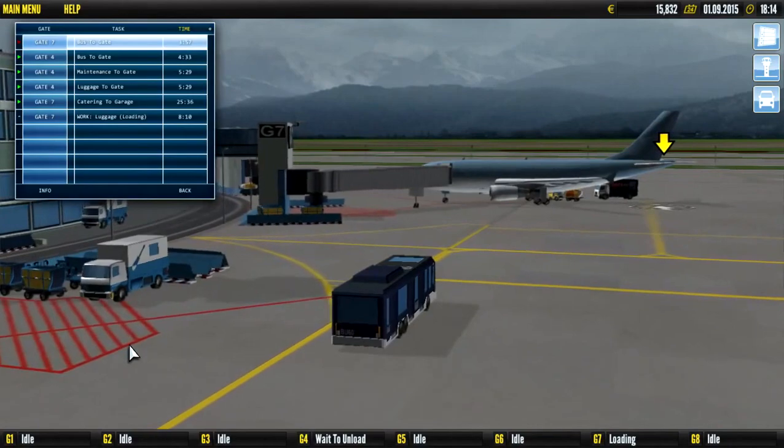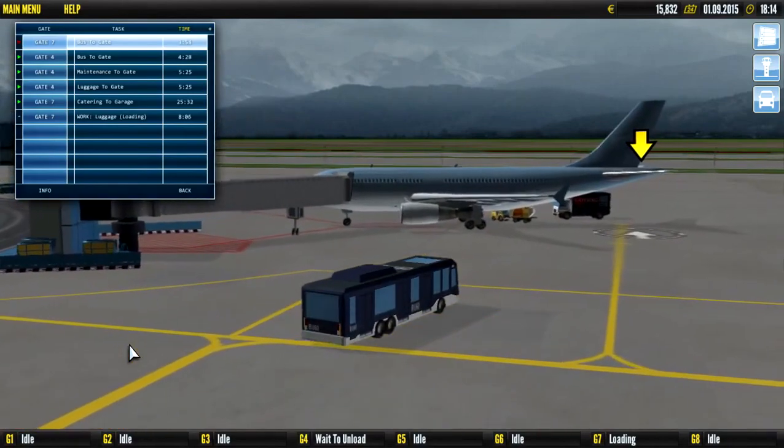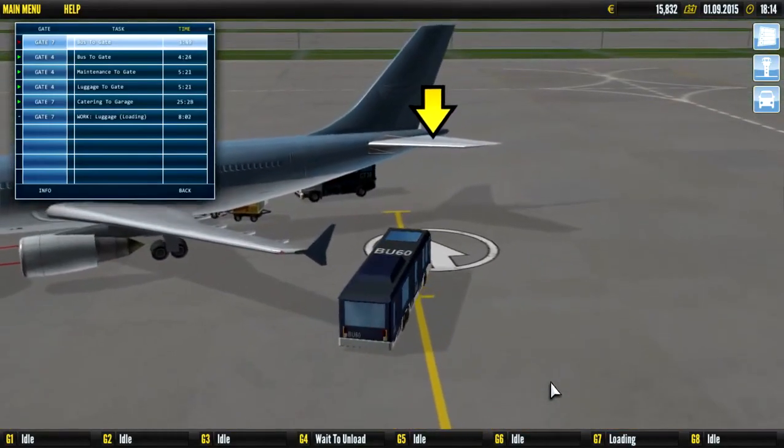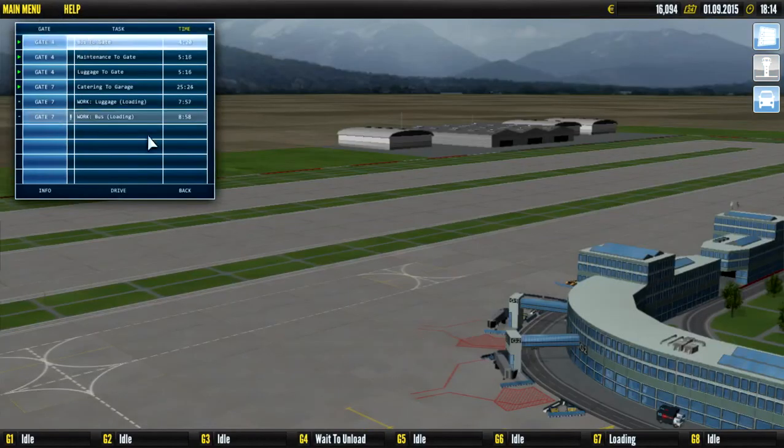One thing that is starting to bug me a little bit. In fact, there's 2 things that are bugging me. One, why do you need a bus to take passengers to the gate if there's a jetway attached? That's kind of the point of the jetway. And 2, this is an airport. Why did the...